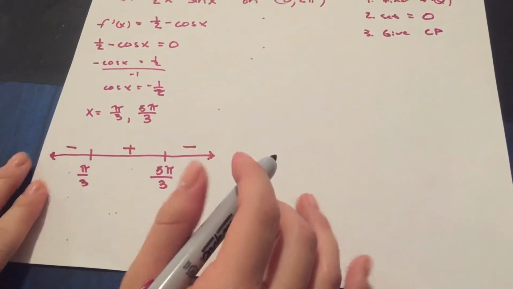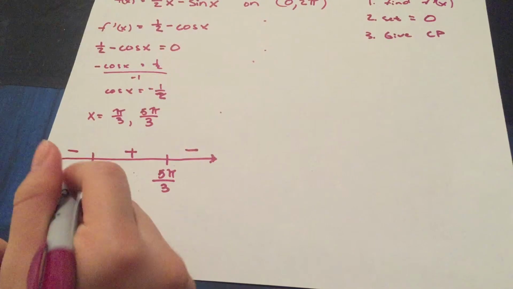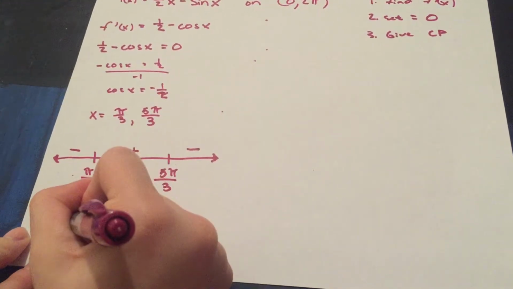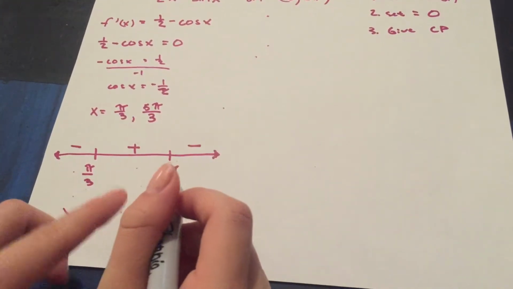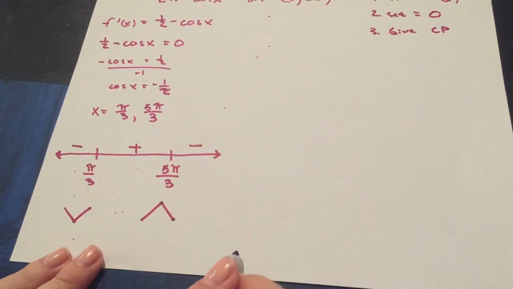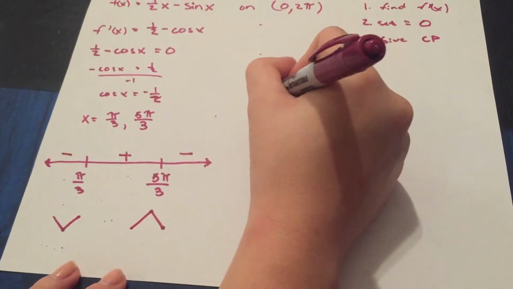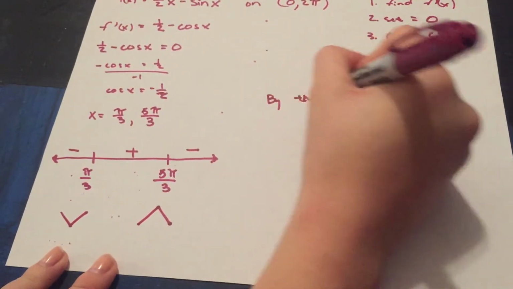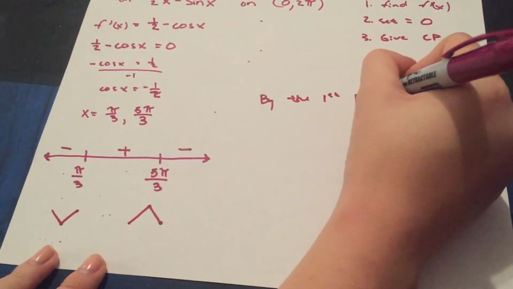So now we're able to see that at pi over 3, it goes from negative to positive, and then at 5 pi over 3, it goes from positive to negative. So by the first derivative test,